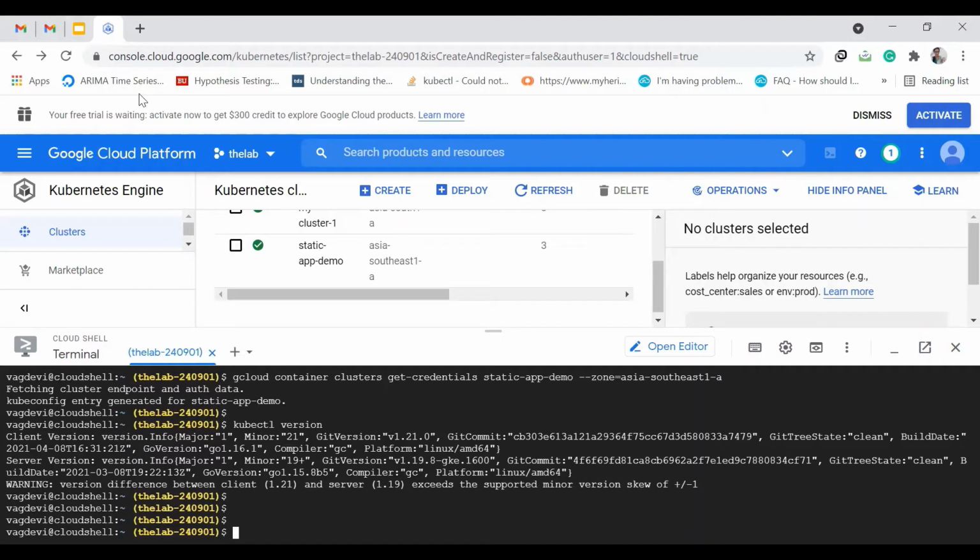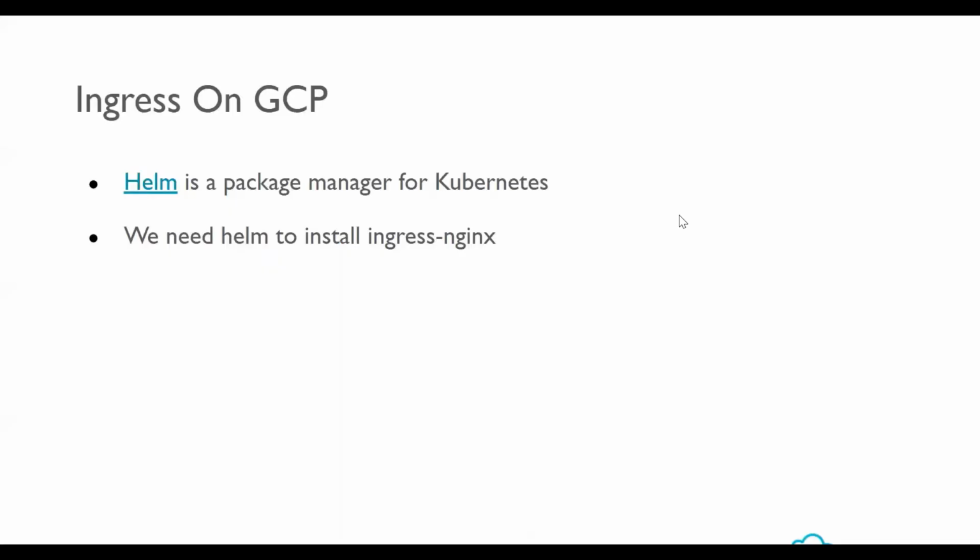So now let us head towards installing some necessary packages on our console. So if you remember, we have talked about Ingress while testing the app on Minikube. When we wanted to work with Ingress, we enabled the add-on provided by Minikube with the command minikube addons enable ingress.